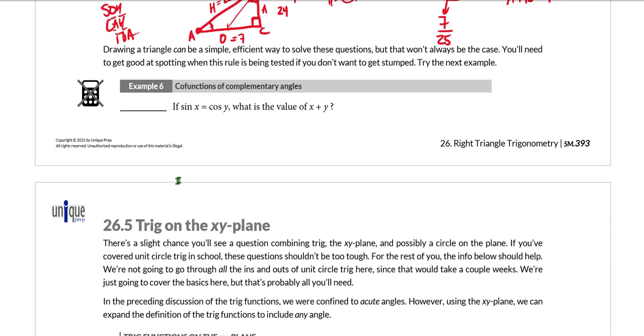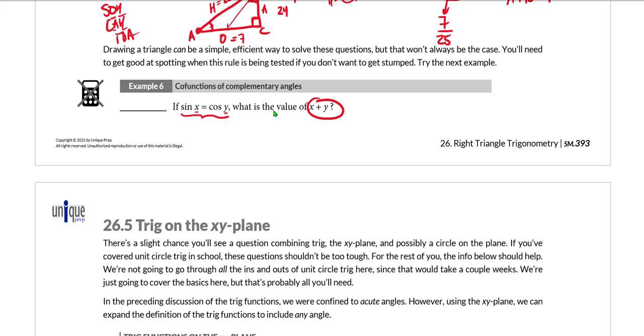In example 6, again, you might want to pause the video and try this question on your own. In example 6, you notice that the question just comes right out and tells us that the sine of one angle equals the cosine of the other. Could I draw a triangle here and try to work some of this stuff out, maybe throw in some numbers for my side lengths and such? Yes, I could, but there's really no need to, because once again, if we know the rule about the cofunctions of complementary angles,